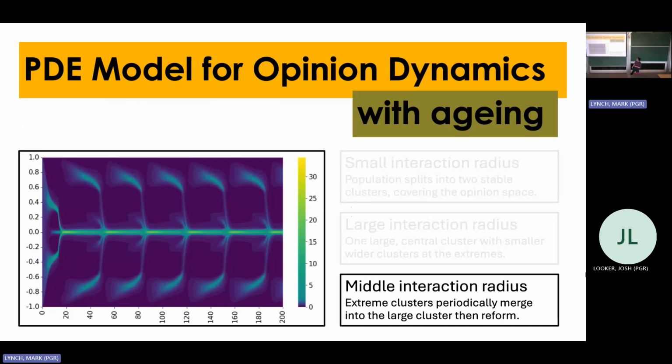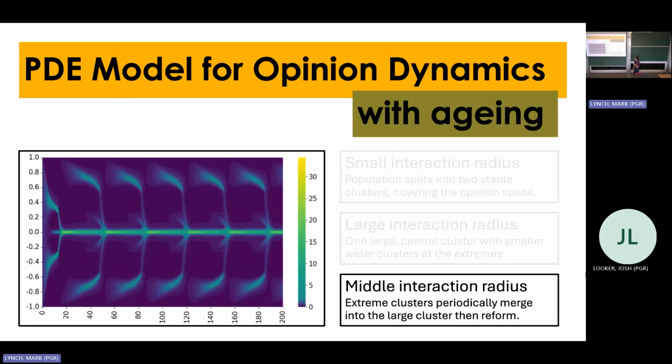And it makes sense that this would happen, that you would have this big group in the middle, people that join at the extremes form their own group, and then at some point there's enough connectivity between them that they all compromise and come together. But then you again have this vacuum at the extremes where people that enter at the extremes don't join the central group. They form their own groups for a bit and then they come together.